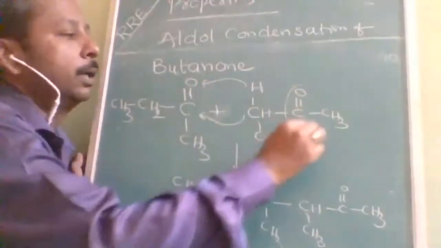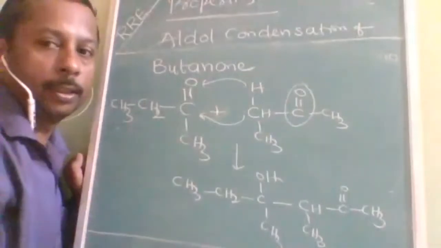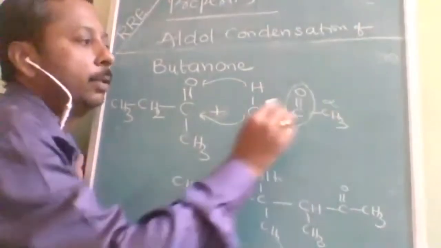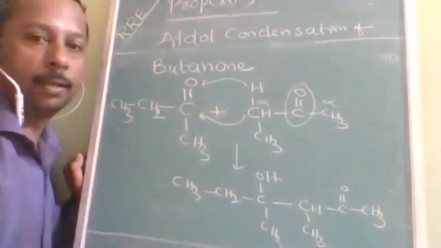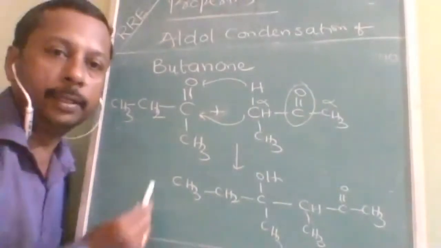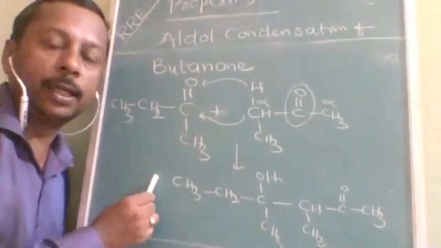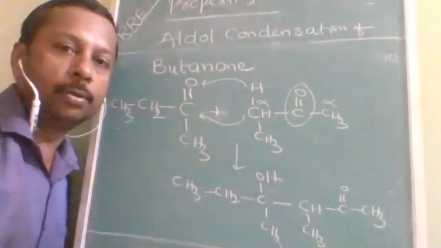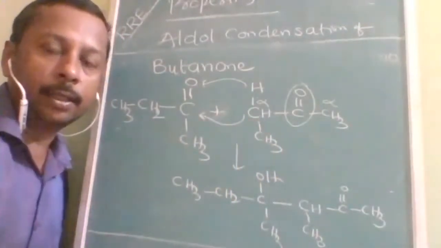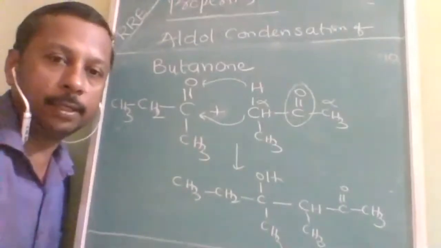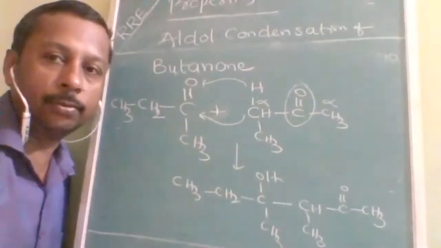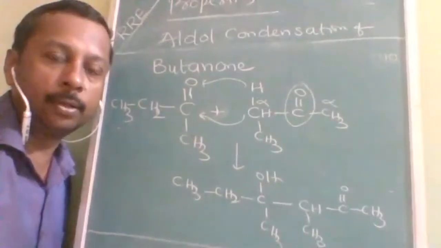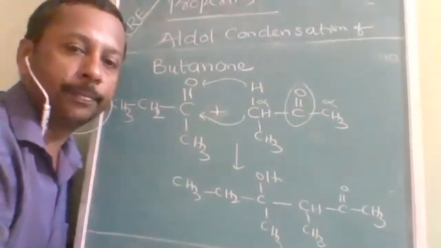This is the carbonyl group. Alpha hydrogen is available on this side also, and on this side also. But in this product I have used this side. That alpha hydrogen is also possible. Can you try by using that alpha hydrogen, or should I tell you? You give a try, pause it, try it, then check with your answer.